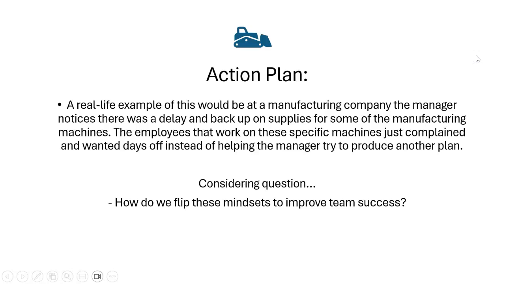The action plan or scenario that I came up with was a real life example. This could be at a manufacturing company, where the manager notices that there was a delay or backup on supplies, or things were broken for some of the manufacturing machines. The employees that work on these specific machines just complained and simply wanted days off instead of helping the manager produce another plan or helping the company as a whole. So I have a guiding question here at the bottom: